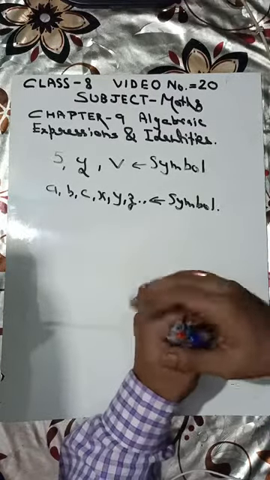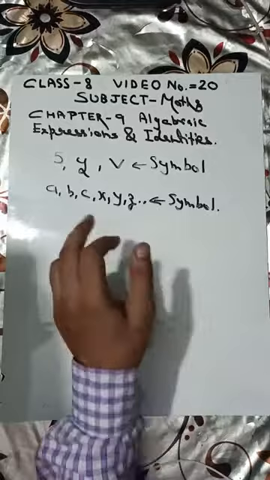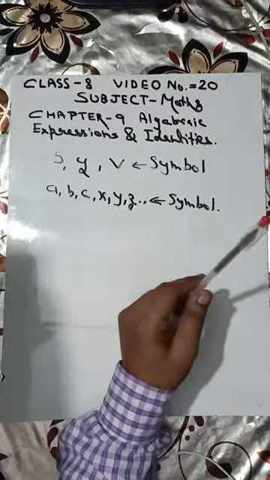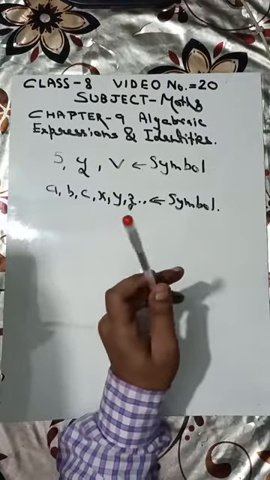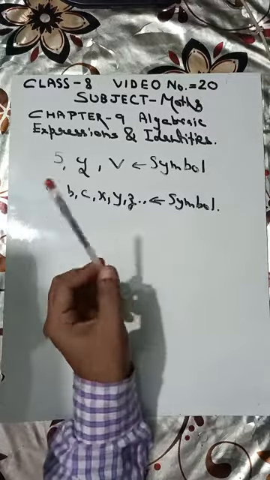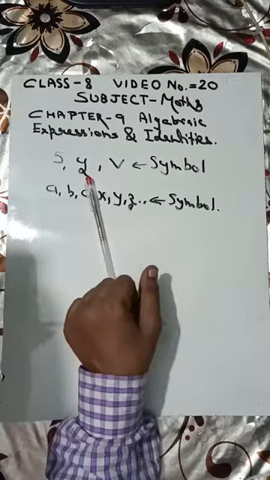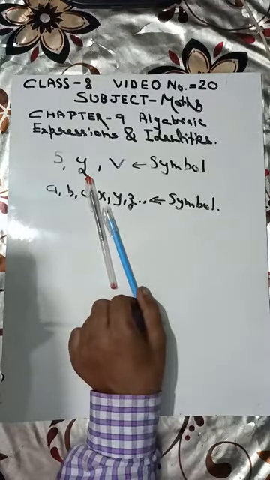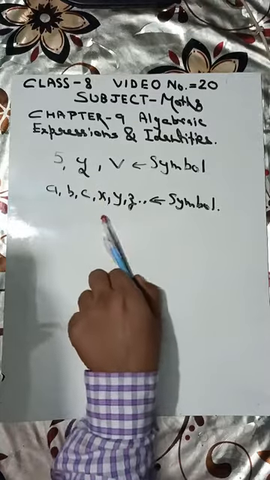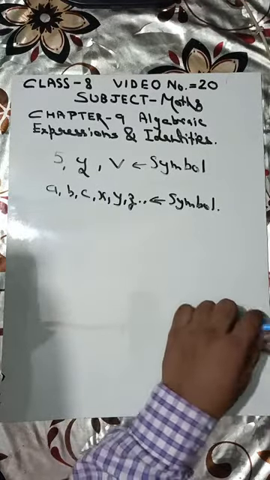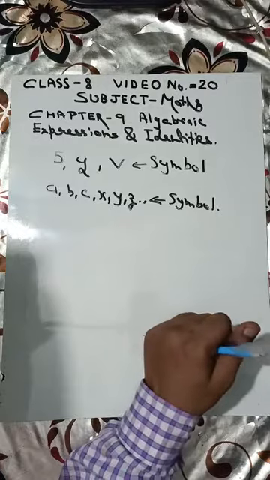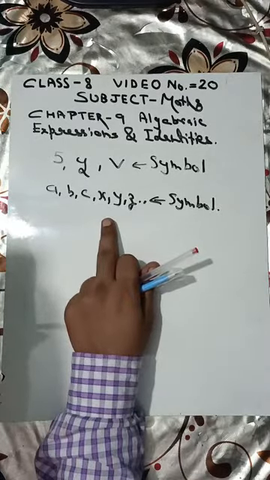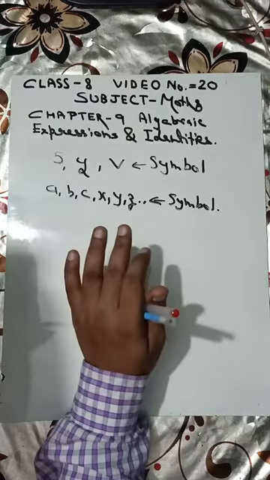Now if I ask you to give me X pens, there will be confusion, there will be ambiguity. Maybe one child will understand that X is 1, so he will give me 1 pen. The child can give me 2 pens also. It is also possible that the child does not give me any pen, thinking, sir, what is the sir asking? So this X is not fixed, it can be anything.